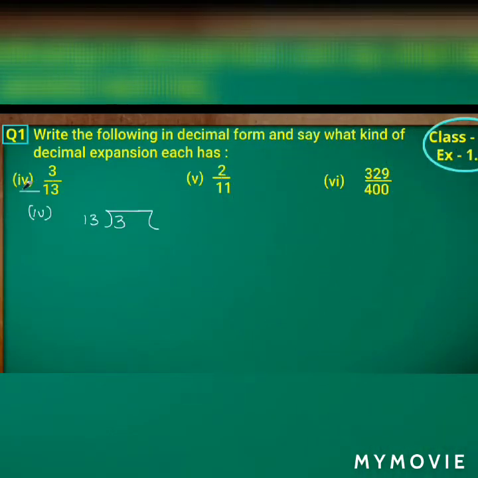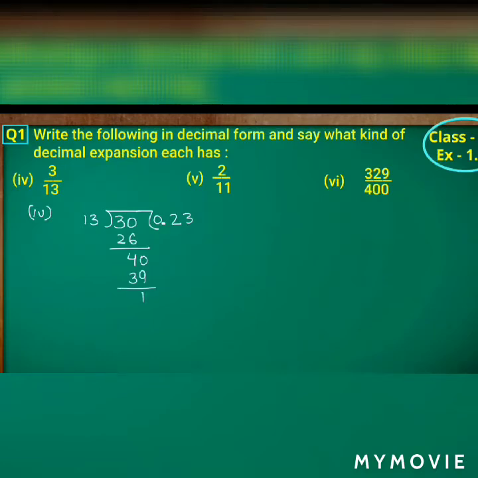And the fourth one is 3 by 13. Here 13 is the divisor and 3 is the dividend. Since 3 is less than 13, what I'll do? I'll take 0 after 3 and I'll start with the point. So 13 twos are 26. We go for the nearest value and the remainder we got is 4 here. Again 4 is less than 13, I'll take 0. So we got 40. 13 threes are 39. So we got the remainder 1.